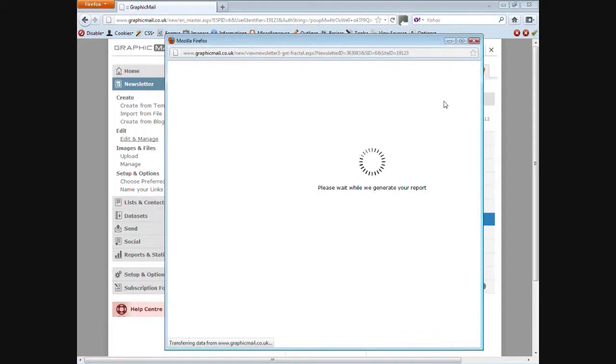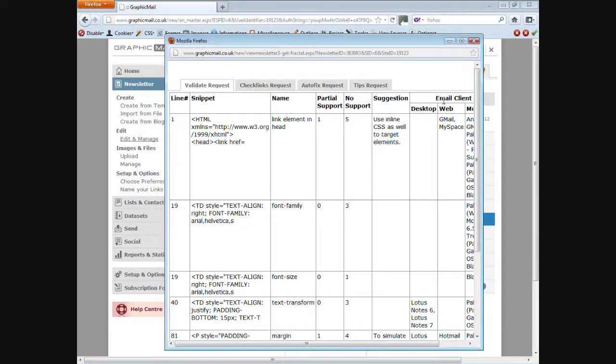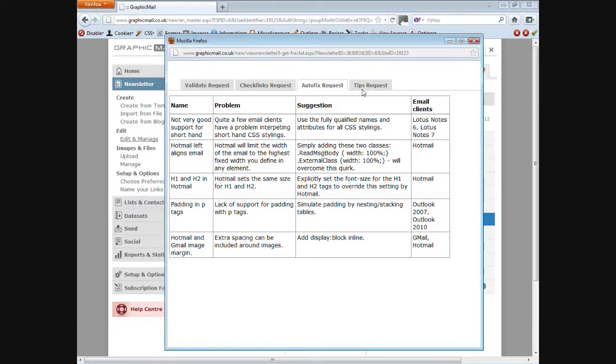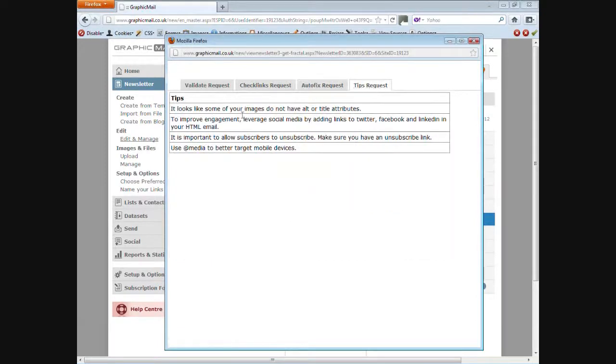Now the new feature, which is Email Optimizer, once you select that, it'll generate a report for that newsletter and tell you any errors within your coding that you can change. One of the suggestions here is to use inline CSS to target elements. It gives you different validations at the top, and also tips saying the alt tags for the images haven't been used in that one,